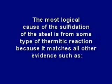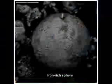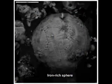Perhaps NIST knew the most logical cause of the sulfidation of the steel is from some type of thermitic reaction because it matches all other evidence, such as the molten steel or iron flowing out the side of the tower well before its collapse, the iron spheroids found in the dust, which is a direct byproduct of a thermitic reaction, the NASA thermal images of the rubble piles indicating very